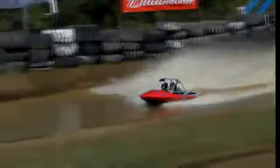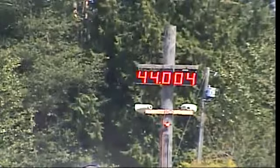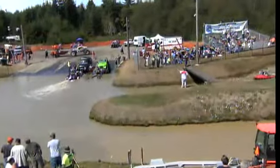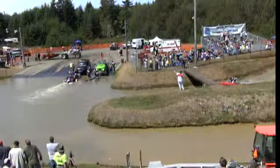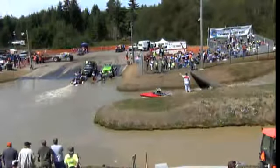Thought for a second I would be able to say he'd bring it in under 40, but not quite. Still a great run with a backfire and a 44.004. Clean run. So about 0.8 of a second slower than his best, which was in the second qualifier. He had a 43.29. Screaming Eagle boat 711